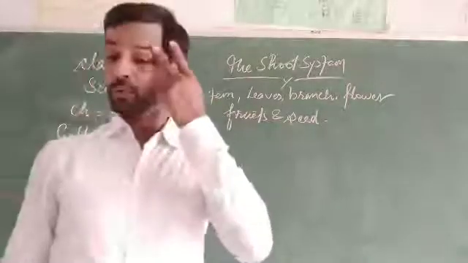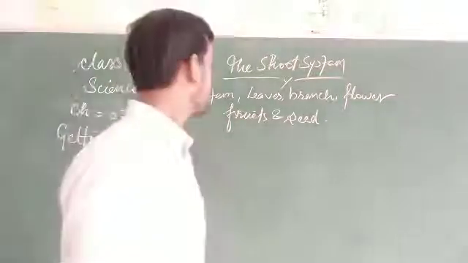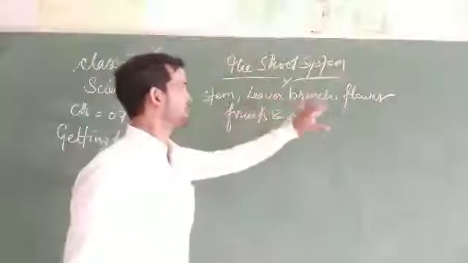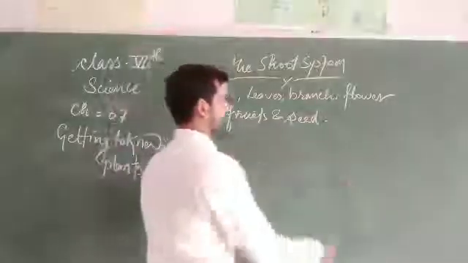So what we have to explain is the stem, leaf, branch, flower, roots and seeds. So here we can see